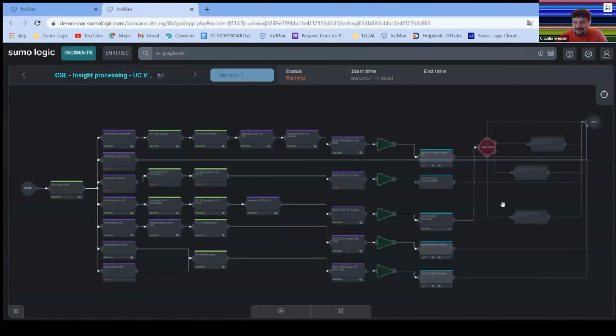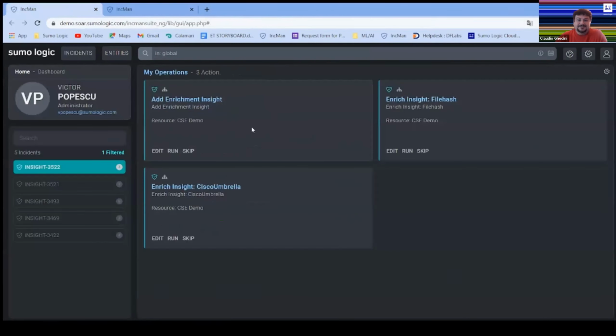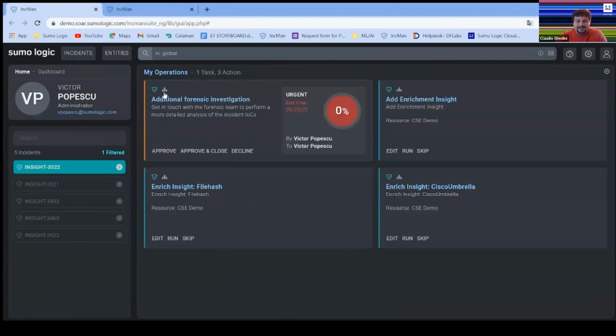So going back to the playbook, this is the user choice that is referred to in the SecOps dashboard. These are the possible answers. So by, for example, clicking on the second answer, automatically in the playbook we proceed and a manual task is created. The next step was a manual task, and it appears automatically here, and the analyst can check the description of the manual task, the priority, the end time, how much time is needed before ending this task,